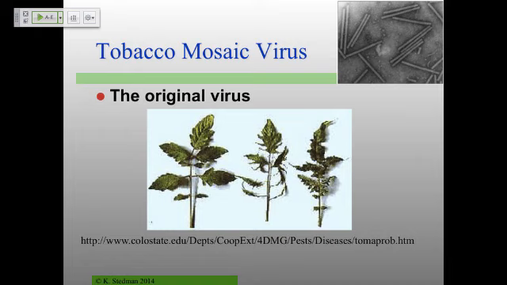So that being said, he wasn't the first one to show that there were viruses, but he worked a lot on rabies and some of these other viruses. He was one of the first to really come up with good vaccination protocols, pasteurization, etc. So this is the classic phenotype of tobacco mosaic virus,